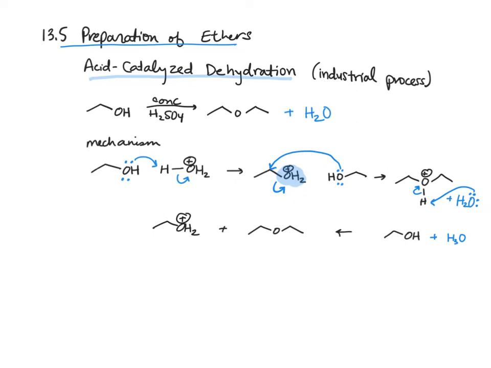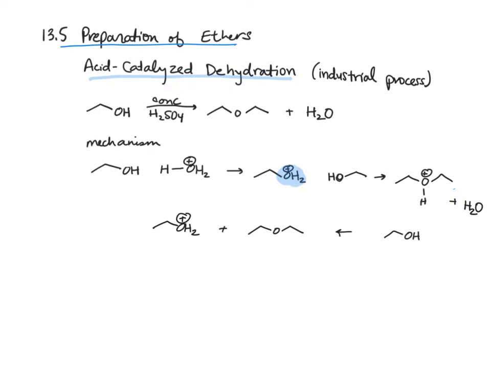This video covers the preparation and reactions of ethers. Industrially, ethers are prepared via acid-catalyzed dehydration reactions. This involves the treatment of an alcohol with concentrated acid to produce an ether plus a molecule of water for every ether that's formed. Let's take a look at this mechanism, which is basically a bunch of proton transfer reactions